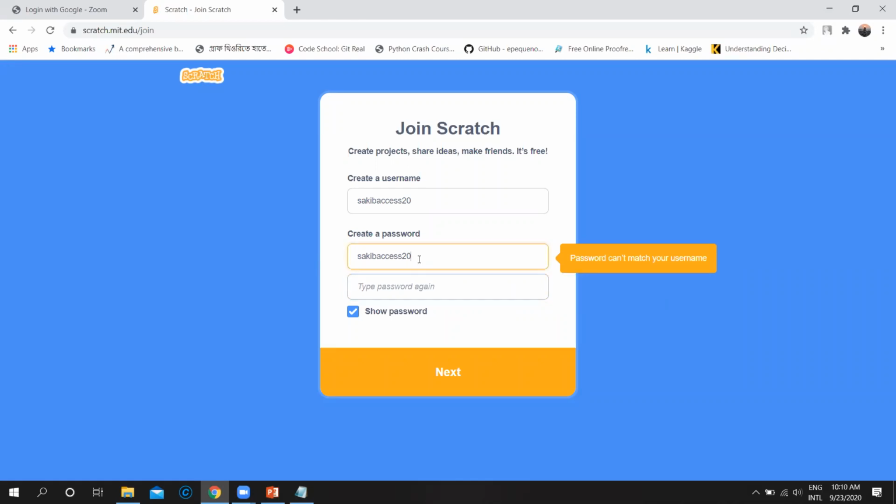Password cannot match your username. Okay, they are giving an error. Now what can I do? I can add a percentage sign, like percentage Sakib access 20, or I have added 2% before this. Type my password again, click and type the password again.